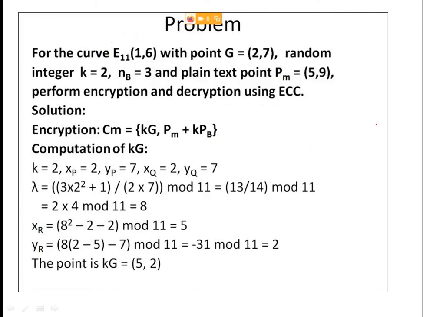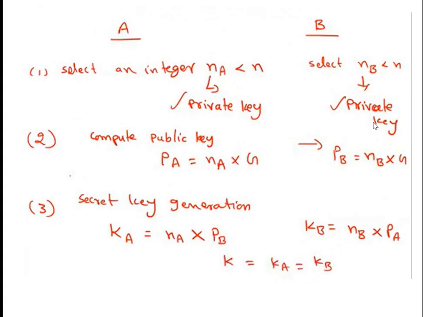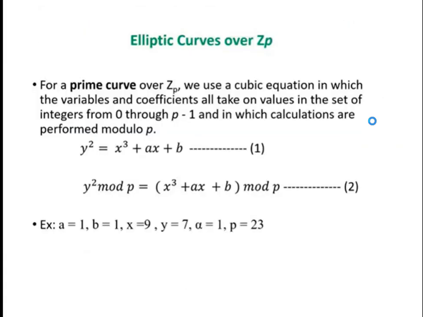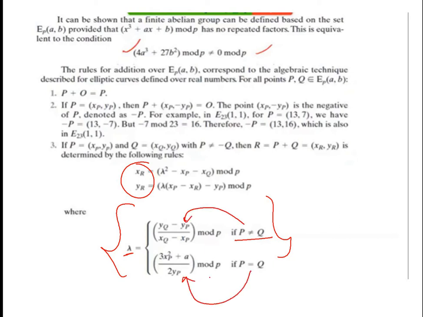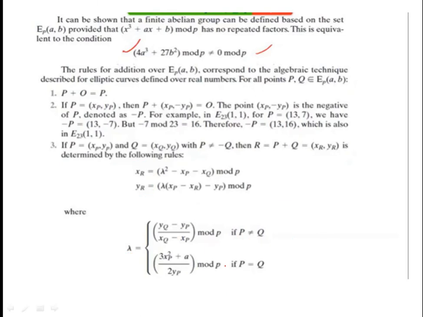So we need to apply the formulas of elliptical curve over prime numbers. Already we have studied this. Yeah, this one. Zp, where p is the prime number, so it is of this form. We need to apply all these formulas to calculate the XR and YR point. What is the first thing we need to calculate? We need to calculate the lambda value. How to calculate the lambda value? If P is not equal to Q, use this formula. If P equals Q, use this formula. Okay. All these formulas you should know first, and only then can we calculate in a better and faster way, I can say.